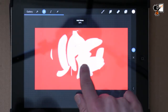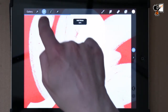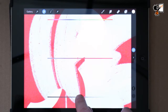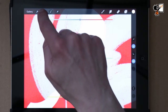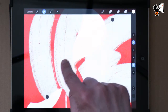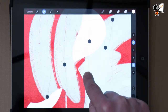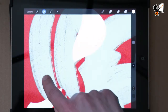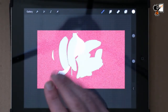There's also a noise tool. You can see it a little bit better like this. Or you can adjust the hue and saturation. These are all a bit similar to working in Photoshop, but the only difference is that you can do everything with your hand. You have a color balance, curves. You can press on a curve to make a new selection. You can do recolor. I don't know what that is doing, but